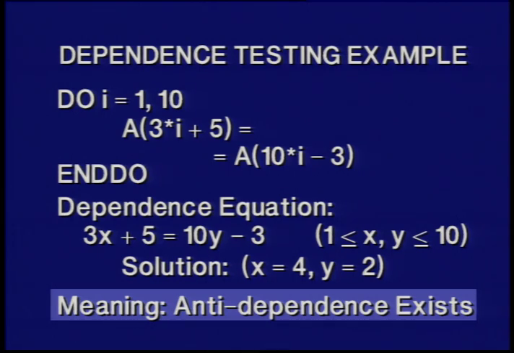the assignment is made when I is equal to 4, and the use actually is going to happen when I is equal to 2. That means there's an anti-dependence here. There's a reuse of storage. As we iterate through the loop as it was originally written, we'll be assigning into the same cell in I, which had been used in an earlier I equals 2 iteration.